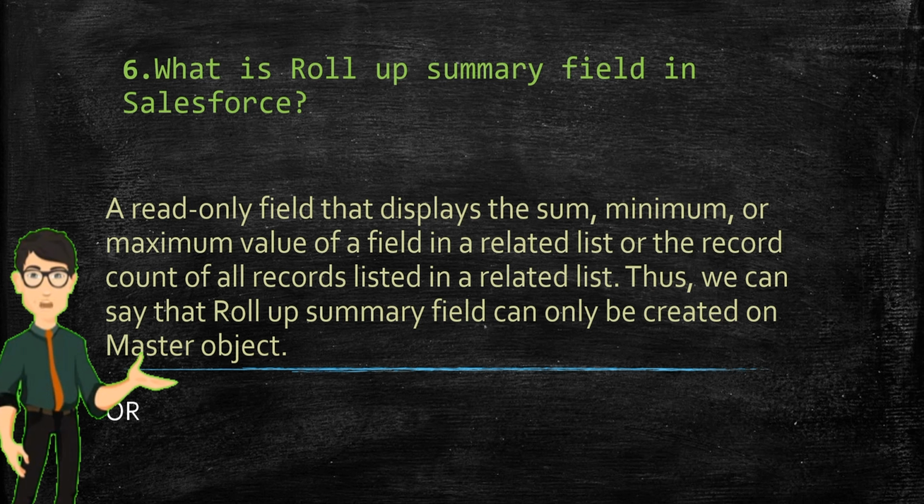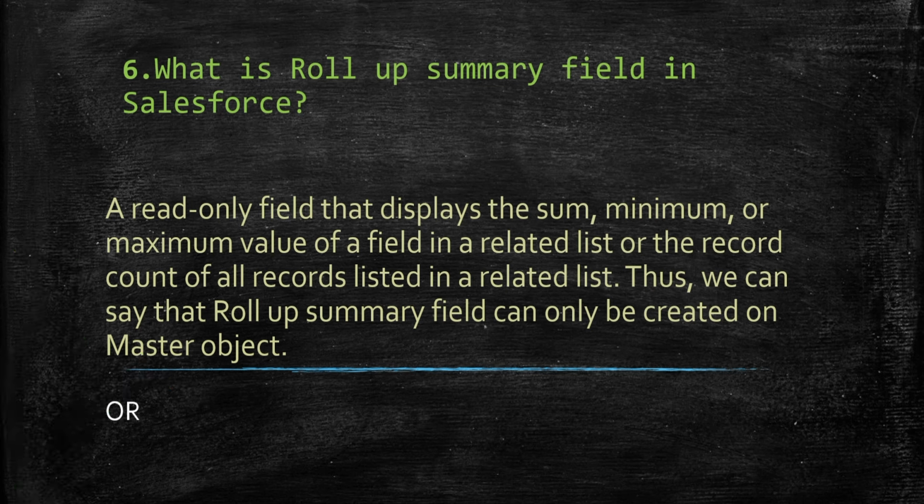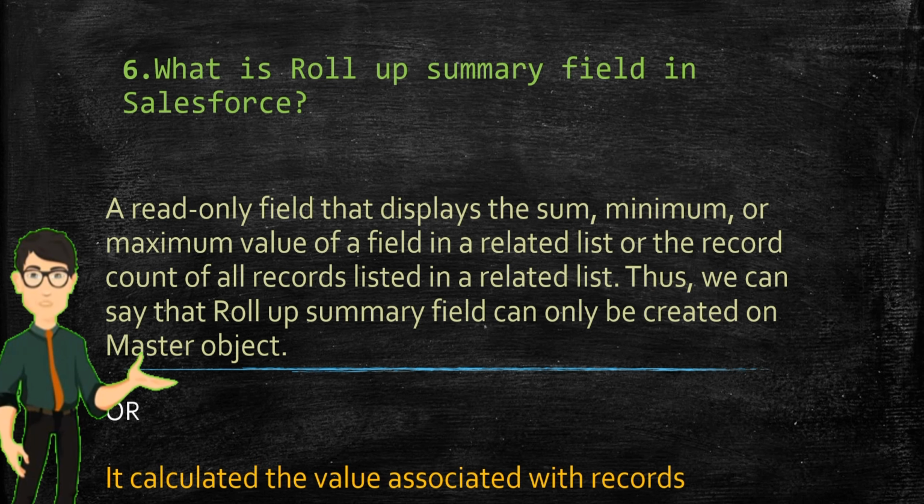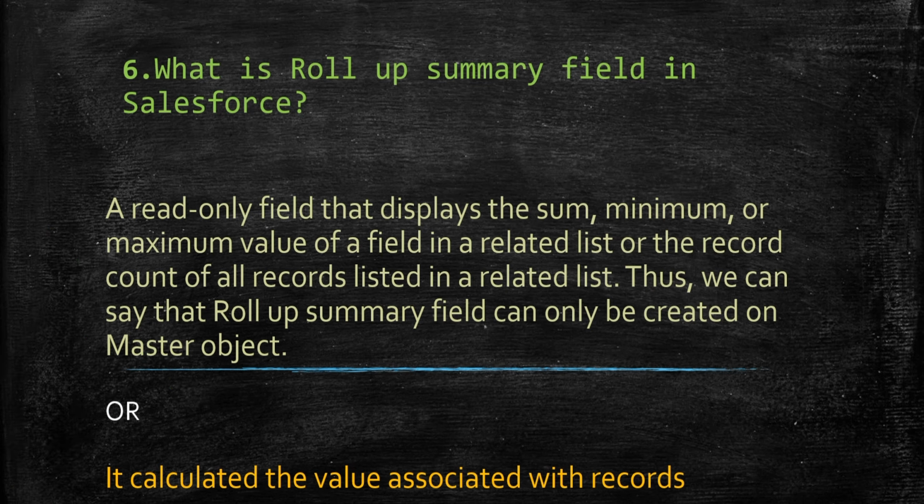Thus, we can say that a roll-up summary field can be created on the master object, and here you have to say it like this. If you want to say it in a single word, you can say that it calculates the value of associated records, that is, in a related list it calculates the value of the related list in that master record. Okay,